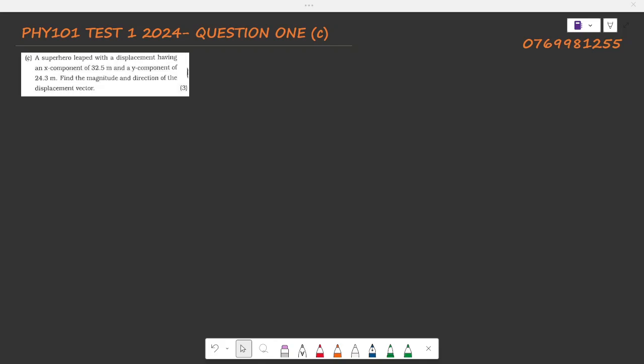And the question reads, a superhero leaped with a displacement having an x component of 32.5 meters and a y component of 24.3 meters. Find the magnitude and direction of the displacement vector. So the way I like to think of vector questions that are presented like this is